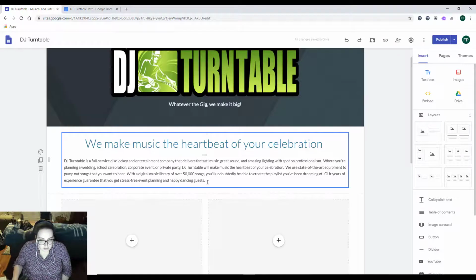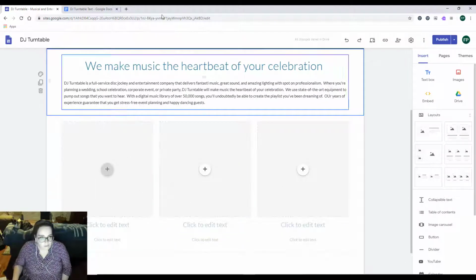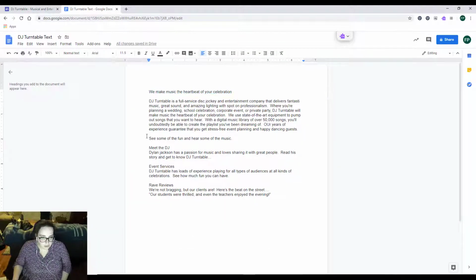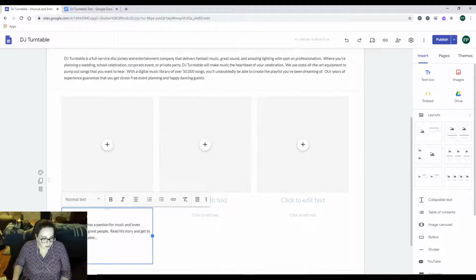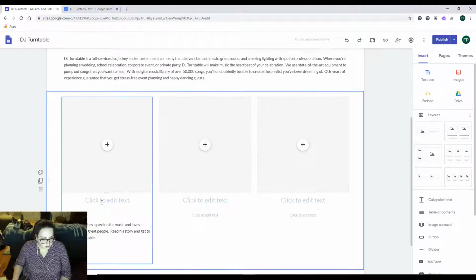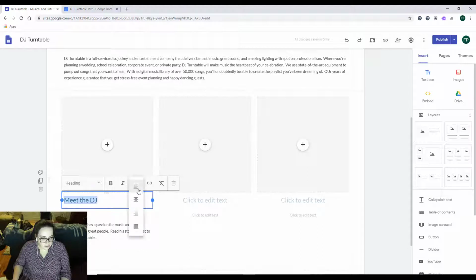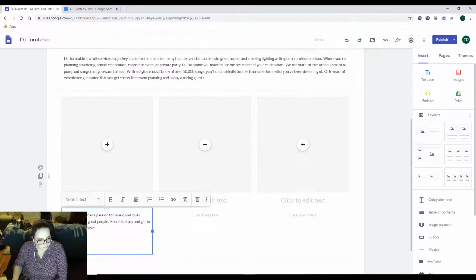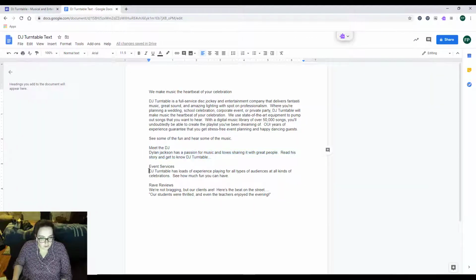And so the next one that I need to do is, I think I'm going to get rid of this one actually, is I need to do the part at the bottom of the page, which is meet the DJ. And I'm going to stick that in there, and then I'm actually going to add meet the DJ right there. And we'll make that a heading. And again, center justify it. Looks like I have a couple of enters there, and I can tell that I have some of the enters in there because the text box was much bigger than it needed to be. All right, so I'm going to do the next one